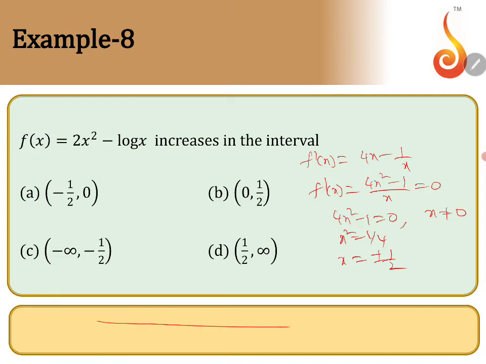So therefore we got the critical values minus 1 by 2 and 1 by 2, and in the middle is 0. So this is till infinity, and this is minus infinity. Suppose this is one of the intervals, take any value in between this interval. Suppose I am taking 3. We need to substitute 3 in f dash of x. 4 3s are 12 minus 1 by 3, 36 minus 1, 35 by 3, which is positive, increasing. Therefore f dash of x increases in the interval 1 by 2 to infinity. If you get plus it is increasing, if you get minus it is decreasing. So the answer is option D, 1 by 2 to infinity.